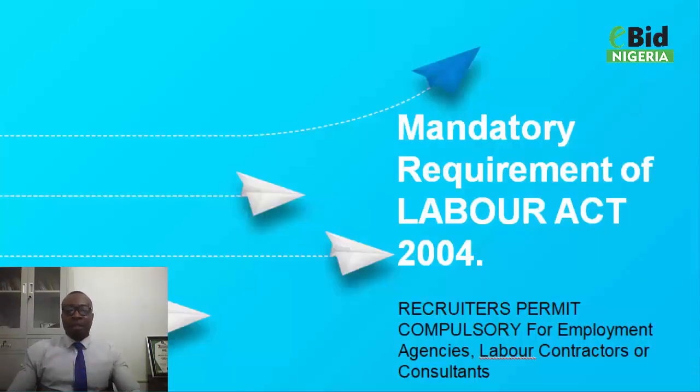This is mandatory for anyone who desires to be in the business of recruitment in Nigeria. If you want to be in the business of recruitment in Nigeria, be it an employment agency, a labor contractor, or a consultant, definitely it is mandatory. The Labor Act states that you must have this certificate before you can function in any capacity as a recruiter